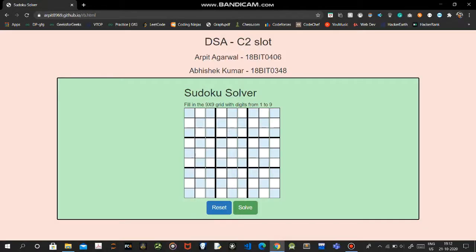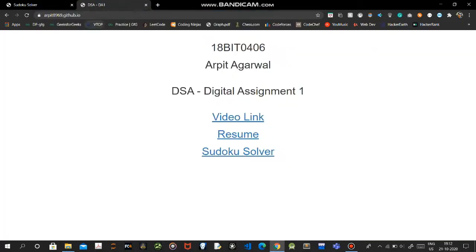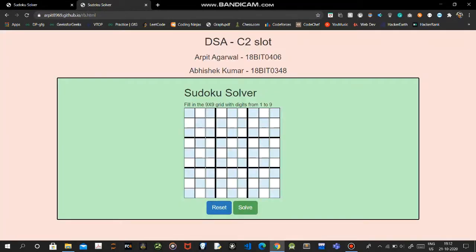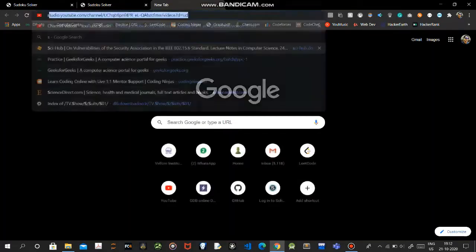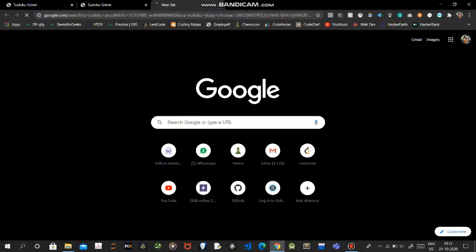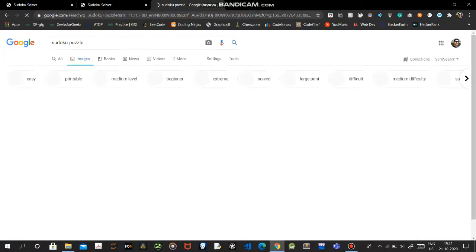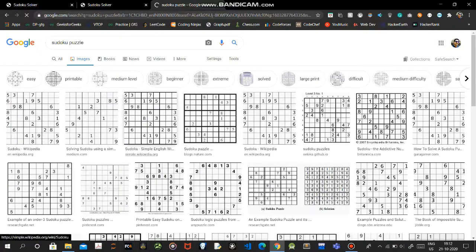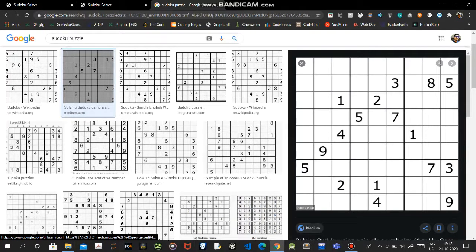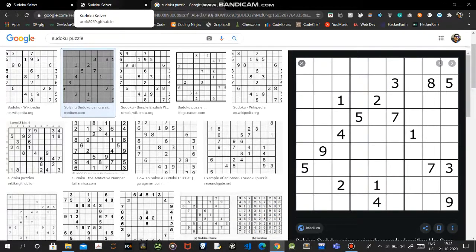So this is the visual demo of the Sudoku solver. It can be accessed on the internet using this link. So I'll open it again. Here, Sudoku solver. Yes. So these are the empty cells where we can give the values. So let's find a Sudoku puzzle from Google. So I'll give the values, 3.